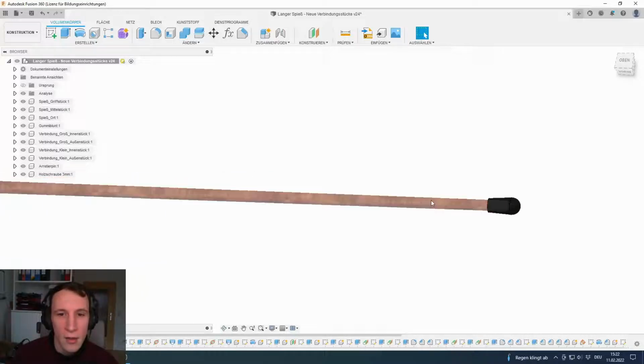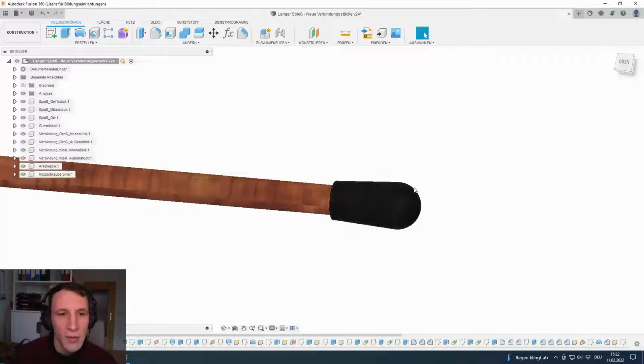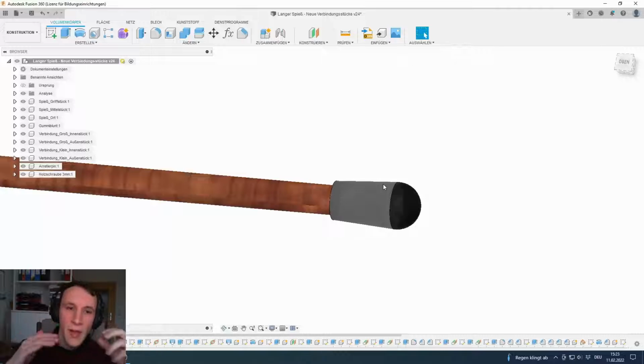Oh yeah, let me quickly go to the tip. So this is a rubber blunt put on there. It's 45 millimeters in diameter. I like these very much because they don't bend out of the way, but still they have a lot of protection. They have a lot of impact area, so they don't hurt necessarily, but they allow for defined manipulation of your opponent. Like, if you need to, you can put force into your opponent